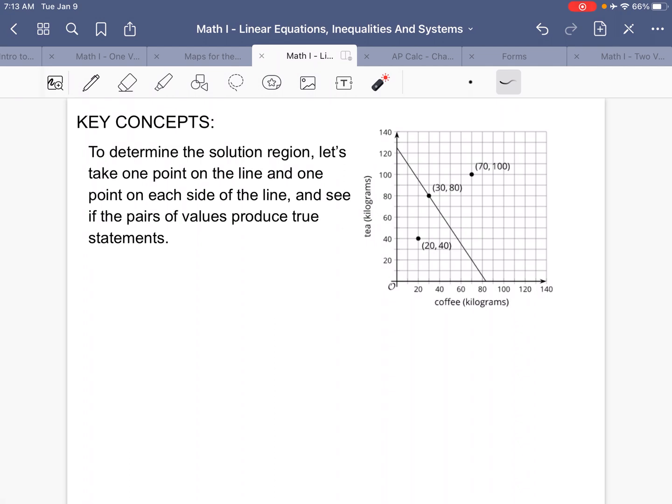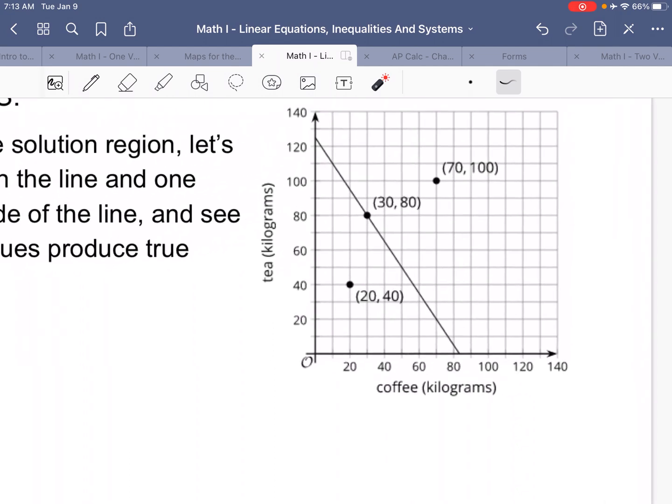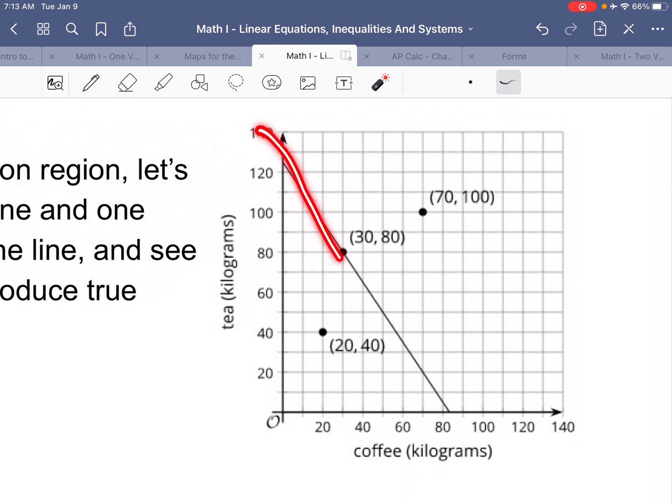But you know what? I'm actually going to give you an even easier way to think about this. Points on the line are where we spend exactly $1,000. And as we can see here, 30 pounds of coffee and 80 pounds of tea would cost exactly $1,000. Now, if we want to know which side of the line is going to be our solutions,